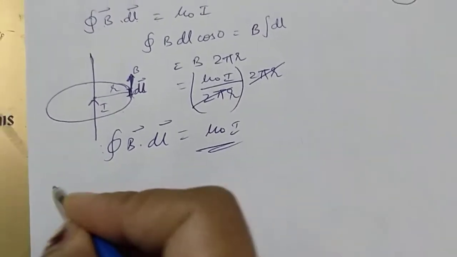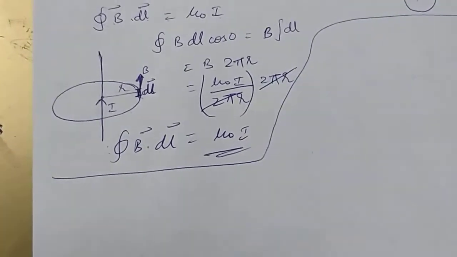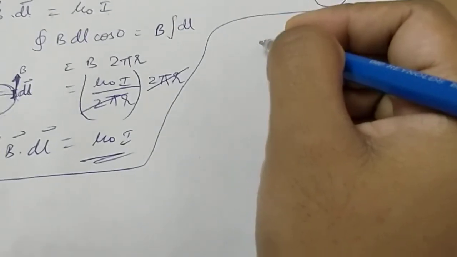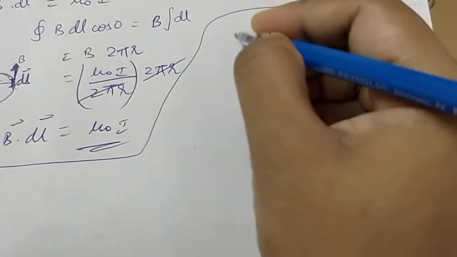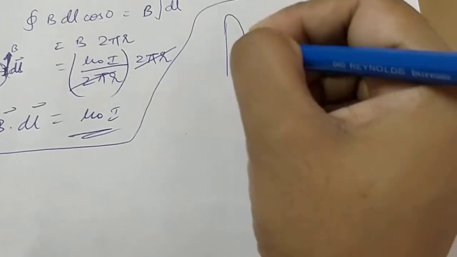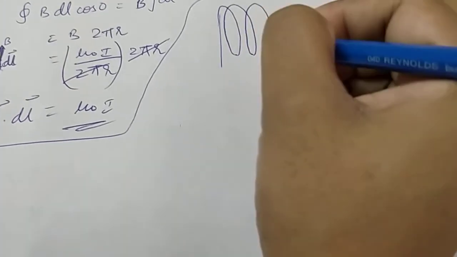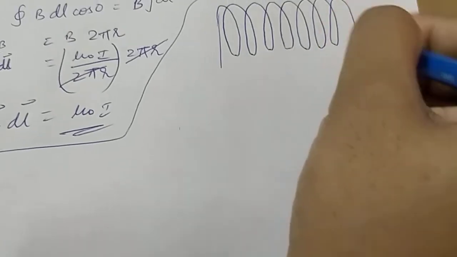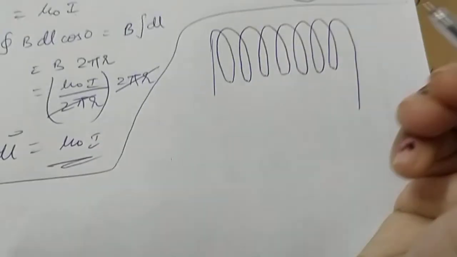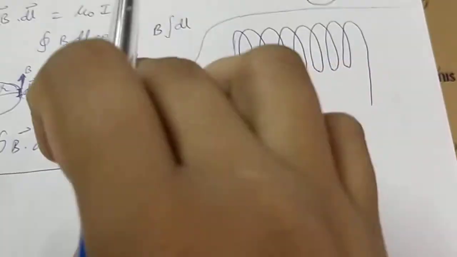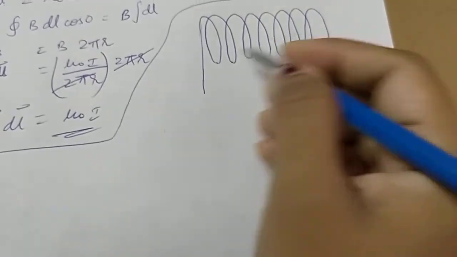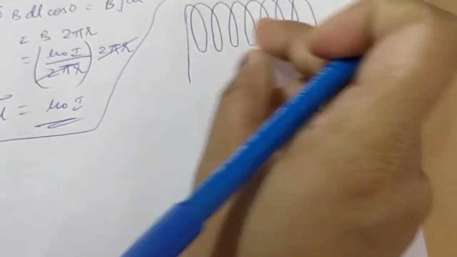Okay, now children, proof to ho gaya. Now what about application? When you have to apply, we can apply it in a solenoid or a toroid. What is a solenoid? Solenoid is a copper wire or any conducting wire which is in the form of a continuous loop, and the gap between these two windings is very small. On a wooden cylinder, an insulating cylinder, if you wrap these wires, this kind of a helical thing will be obtained with a very small gap between these loops.